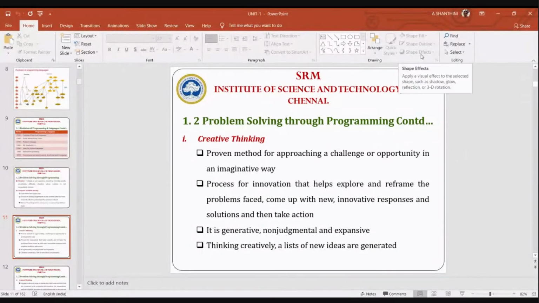So coming to the next topic, here I'm going to talk about creative thinking and critical thinking. First, coming to creative thinking, this thinking is very important, because in order to find a solution in an effective manner, any individual needs to possess these critical or creative thinking skills. This creative thinking generally involves addressing a solution, a task, a problem or a challenge with innovation.